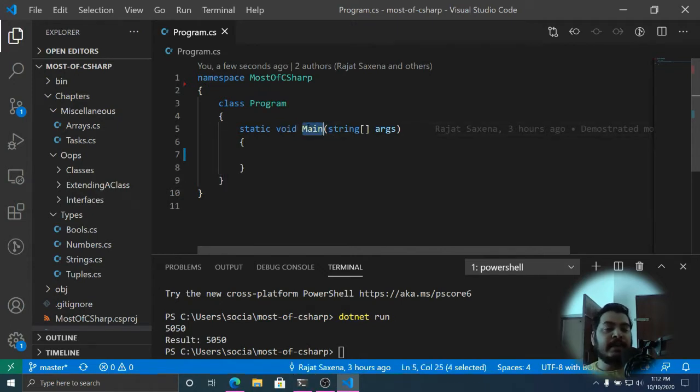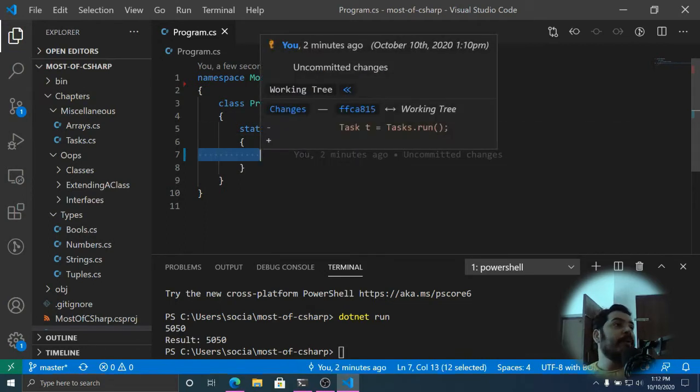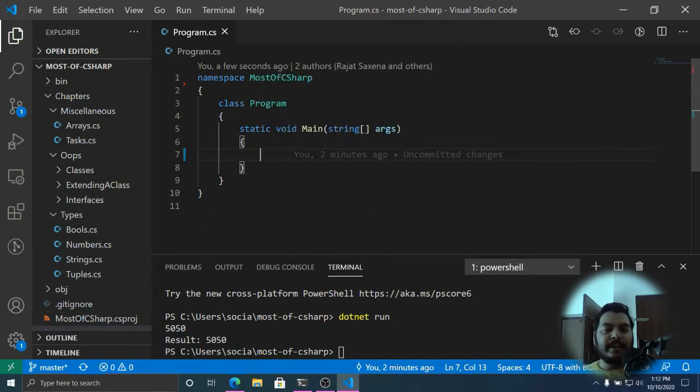And this is the main program, and the .NET framework looks for this main function. And then you can also provide some runtime arguments to the main function, which you can process later on in the body of your function. Okay, so let's start by writing the hello world program.